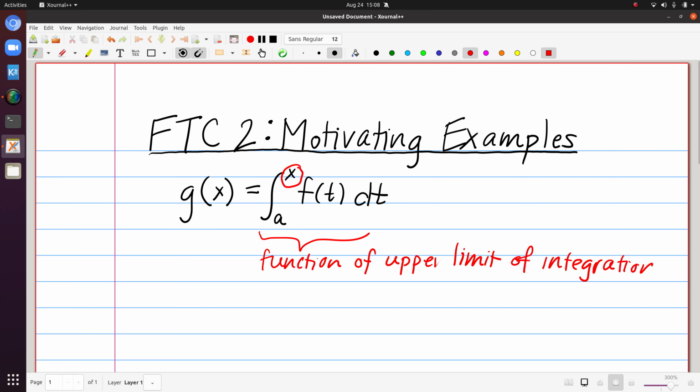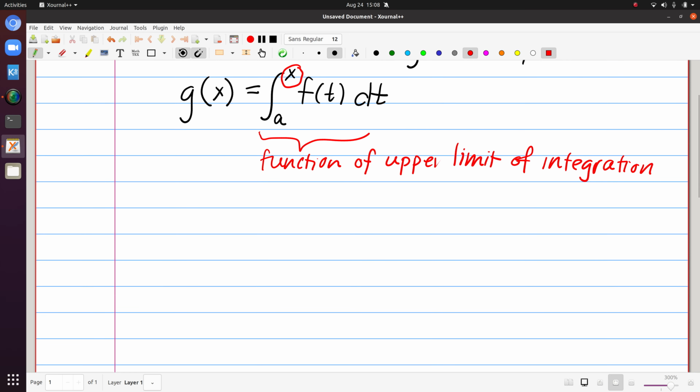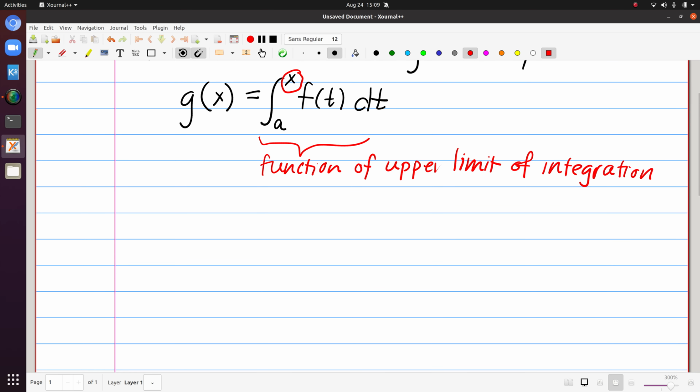So in this video, I just want to spend a brief amount of time looking at functions of this type to make sure that we get familiar with how that function is changing as we change that upper limit of integration. So let's go back to black here. So to begin with,